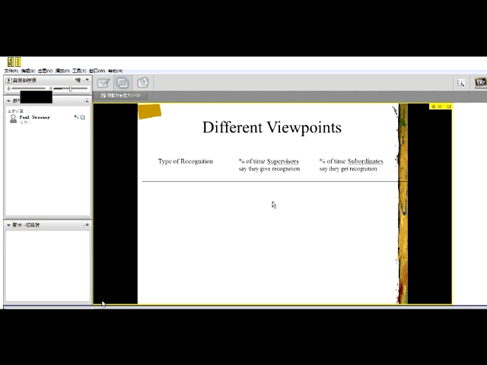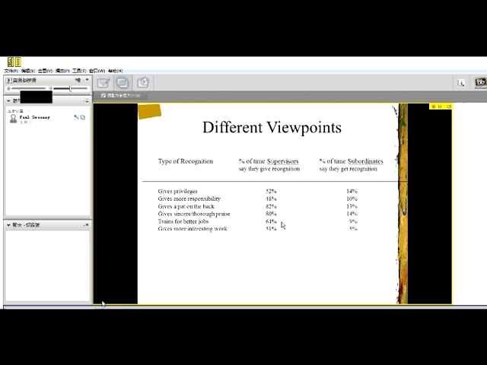In one part of his study, he looked at managers, supervisors, and subordinates, and these were matched. So it was the same supervisor-subordinate pair. And he asked them simple questions. He asked the supervisor, what do you do after someone succeeds? They do something good. And then he asked subordinates, well, what does your manager do after you do something good? So he got their perspective about the very same event, ostensibly. And then what he did was collate this. Remember, the study is very complex, so I'm just pulling out a simple part of the study. He took all these things that people said, and he categorized them into various types of recognition. And you're staring at those right now.